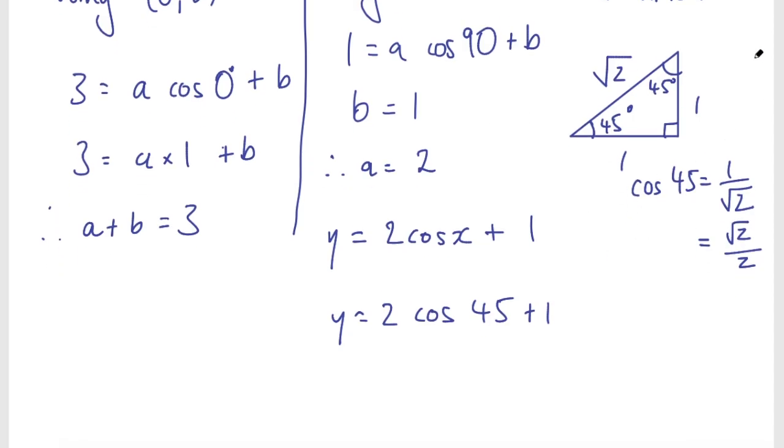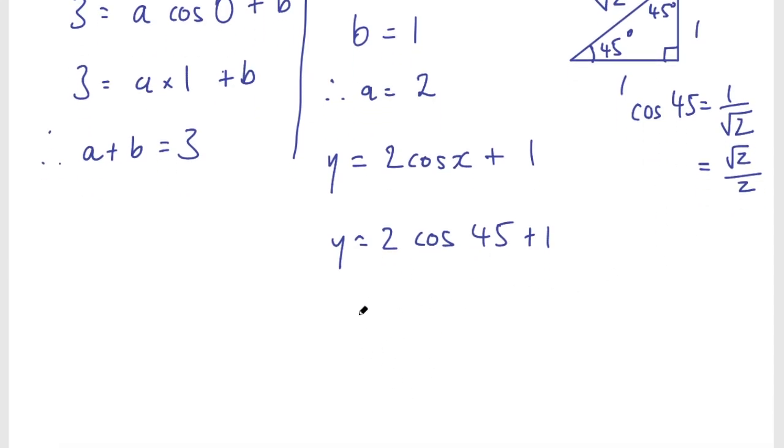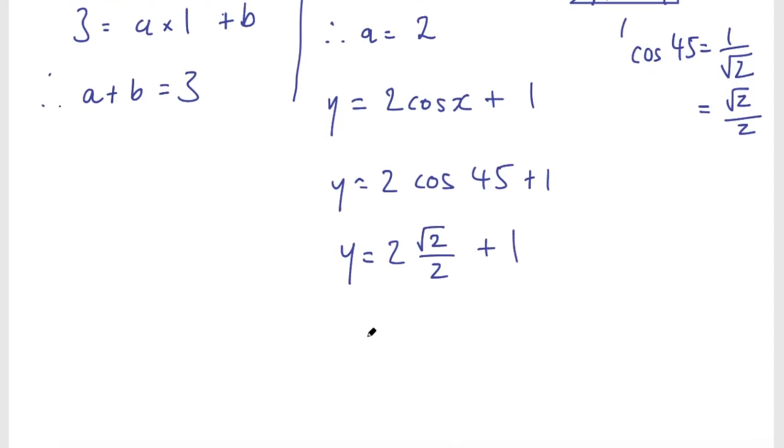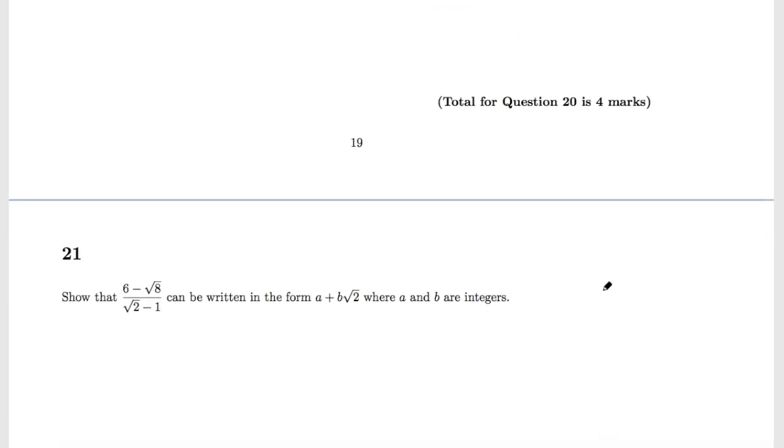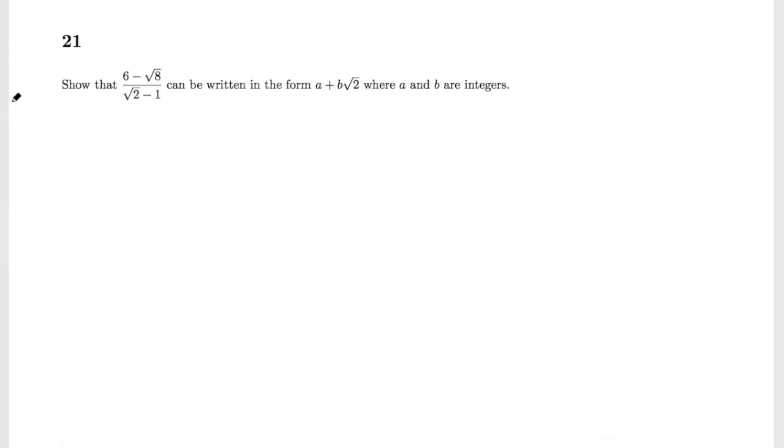So because I remember that triangle and those values, I know that the cosine of 45 is root 2 on 2 plus 1, and therefore y equals, now the 2's cancel out there, so y equals 1 plus root 2. And that's done. So question 21 says, show that 6 minus root 8 over root 2 minus 1